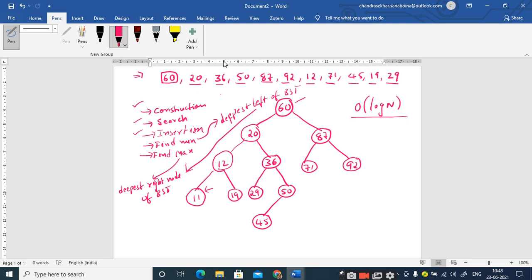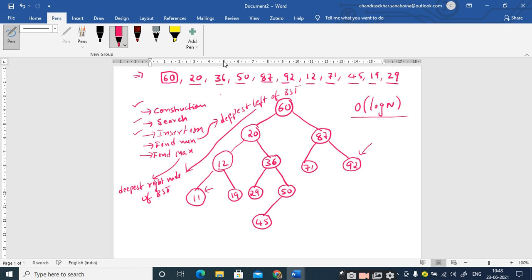Take a pointer pointing to the root node. You traverse towards its right hand side. So that means you go to the right child of 60 and then again you go to the right child of 87. This traversing towards the right hand side should continue up to what point? Up to the address of the right part equal to null, sir.